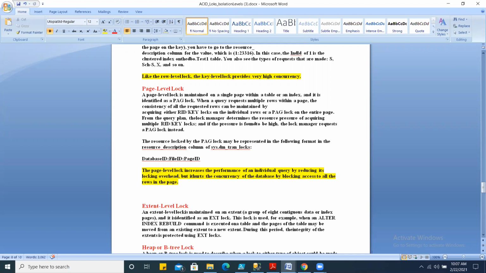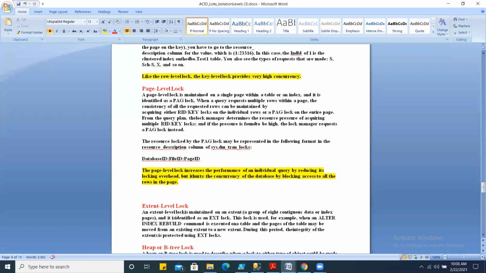So you saw the case of row level lock and key level lock. Row level lock and key level lock provide very high concurrency because they lock only those rows which are required in the operation.